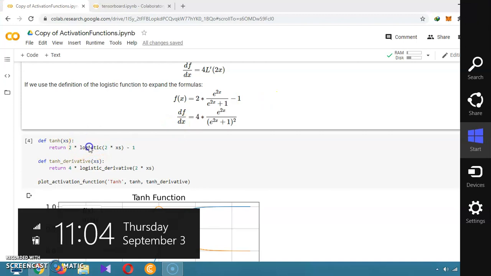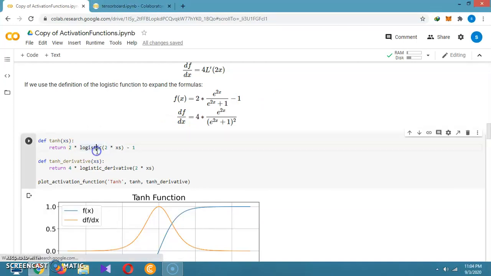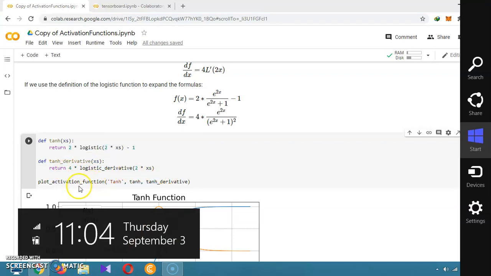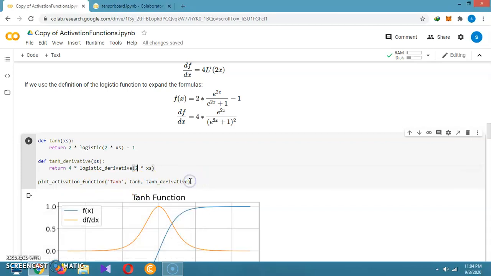Or instead we can write this function directly. But we are not writing it that way, as we already wrote one function for logistic, and its derivative function is also given. We are only passing 2x. Then define tanh derivative, which returns 4 times the logistic derivative of 2x.